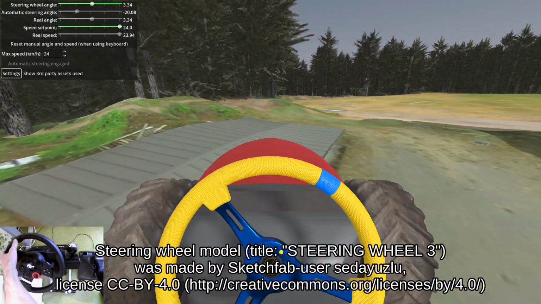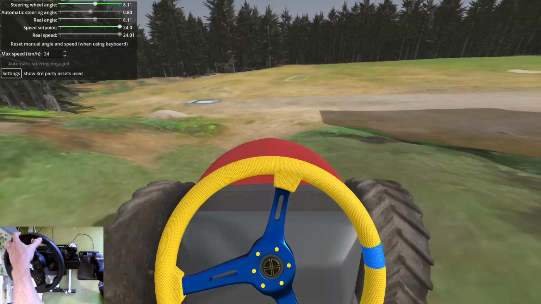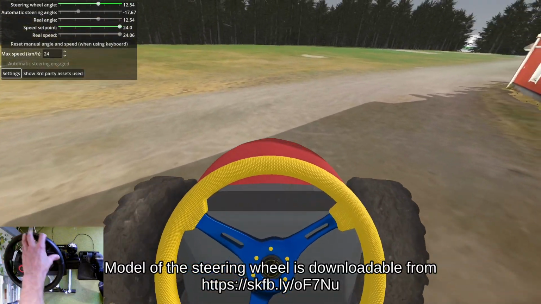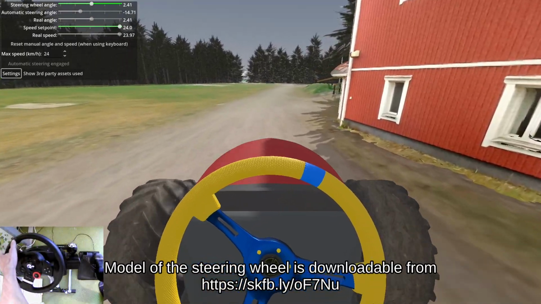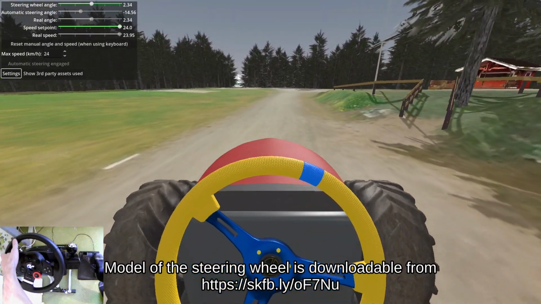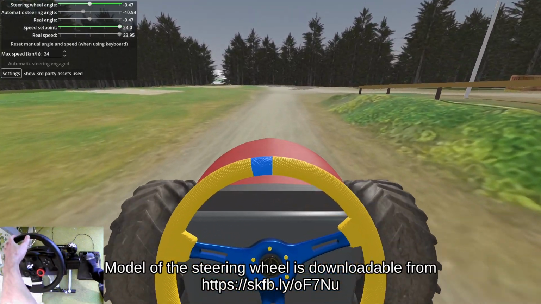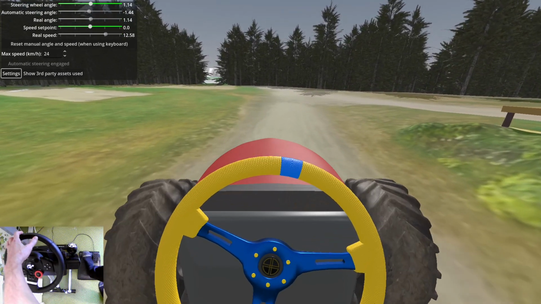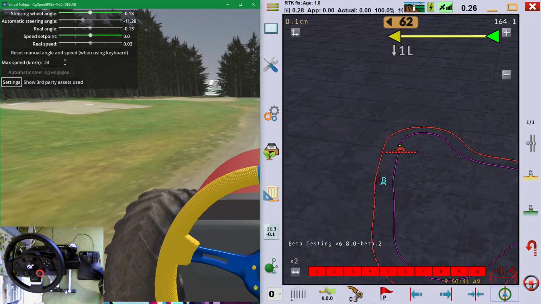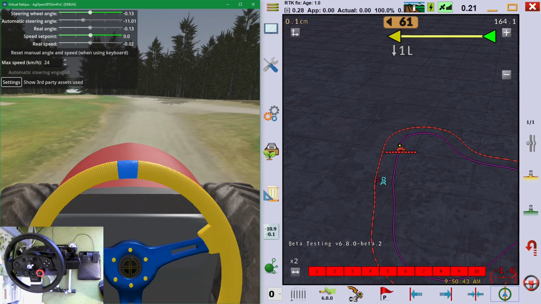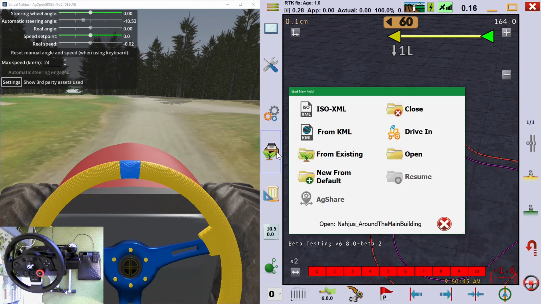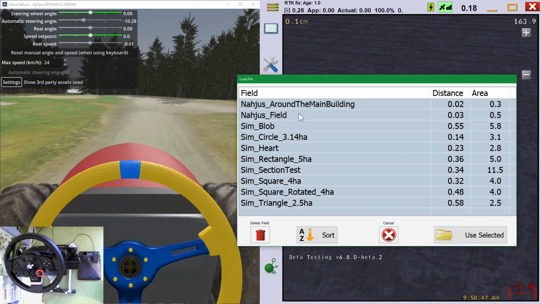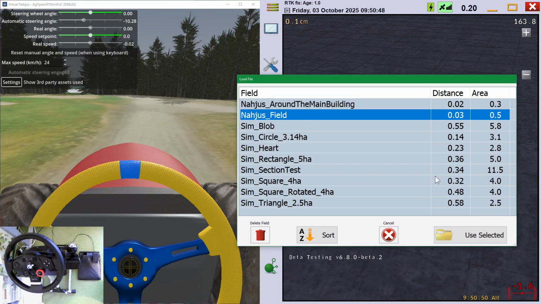Here's actually a building also, but it's not reconstructed on this simulator, so it's quite flat, only the roof visible there. Let's stop here and switch to a more sensible field because that contained buildings and such.